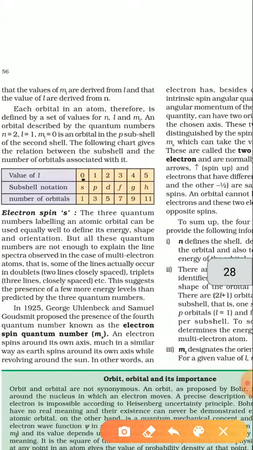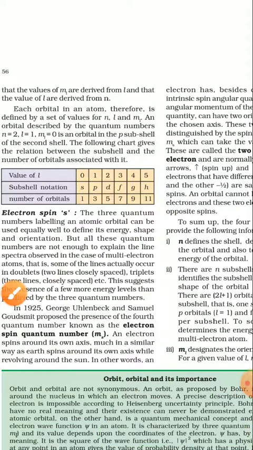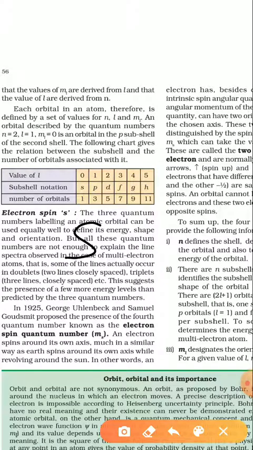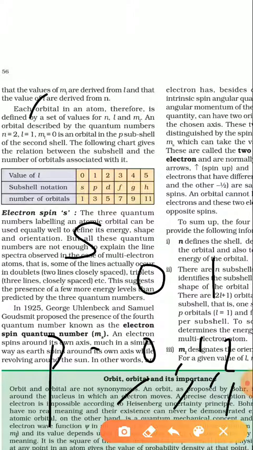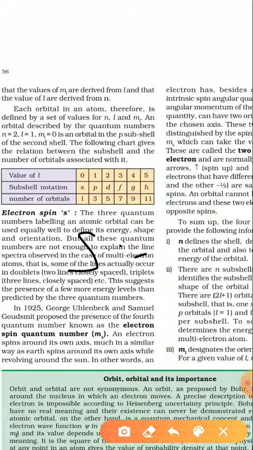So what will happen to this s, p, d, f? They have many electrons. That's why we studied their subshells. S will have the 0 subshell mainly. P will have the subshell values minus 1, 0 and plus 1. Electrons will be present in these, and in these the electrons will be split.